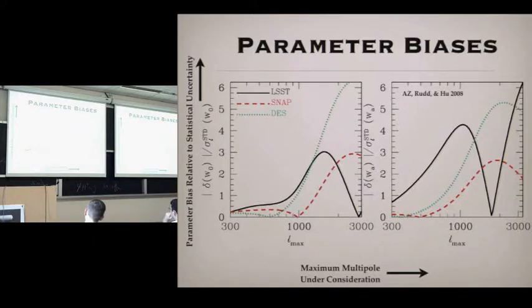So here's a plot of bias. This is bias on both of these axes. This is W0, this is WA. This is bias measured in units of the projected statistical bias. So it's the absolute value of the bias divided by the statistical error. Okay? And basically the point here is that anytime you're going beyond L's of a few hundred, okay, and this is for the cooling, the galaxy formation simulation, the biggest possible effect, okay, you would have significant biases that are several times your statistical error, your projected statistical error.